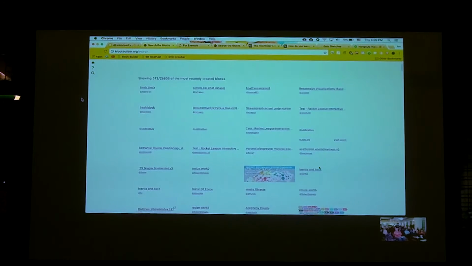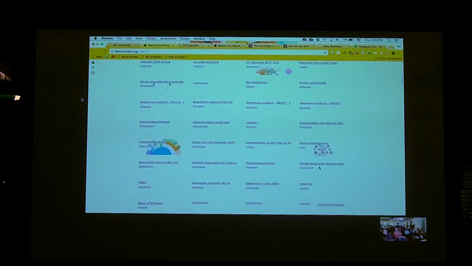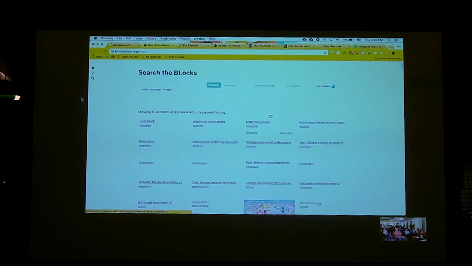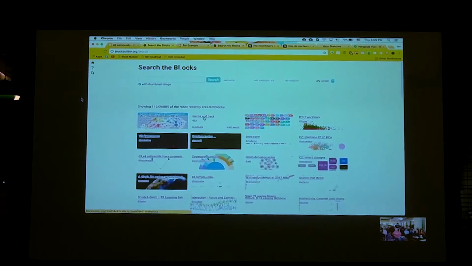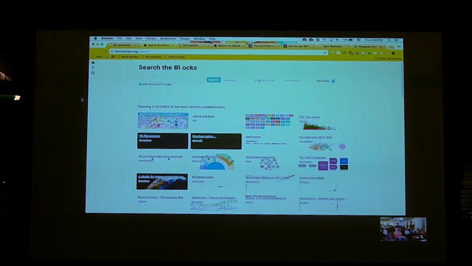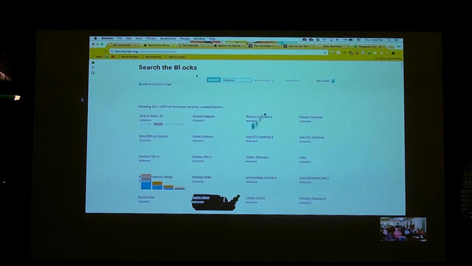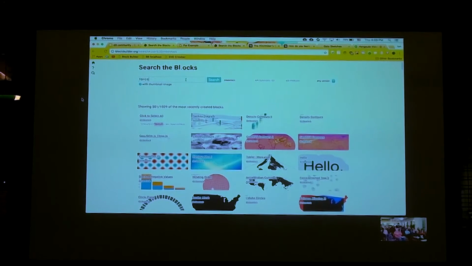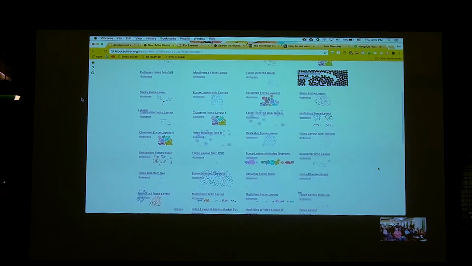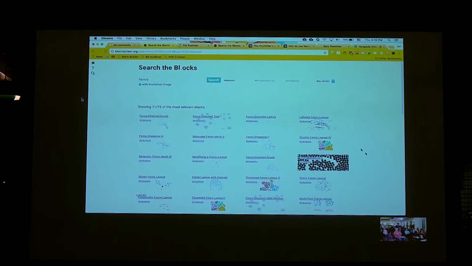So you get here and you see all the latest examples people are playing with and making. You can also limit it to only ones with thumbnail images, since not everyone takes the time to add a thumbnail if they're experimenting. And you can search by username, so you can look at all of Mike Bostock's blocks, which are pretty awesome. But then you might want to see all the force layout stuff that he's made, anything that mentions force. So I encourage you to check that out.